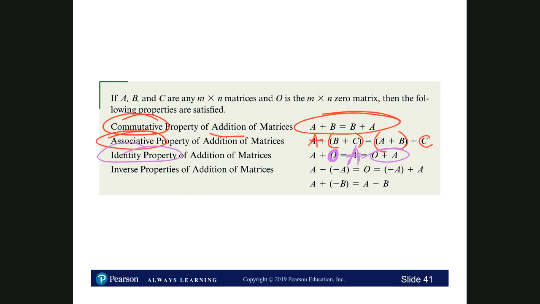Inverse properties, we went over what is the additive inverse of a matrix. So it will be the same matrix, same numbers, but each element with its opposite sign. And if we add a matrix plus its inverse, we will obtain the 0 matrix. And of course, that is also commutative. And that's it. This concludes the video for section